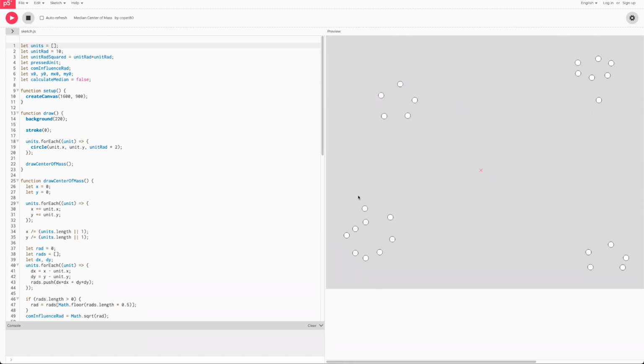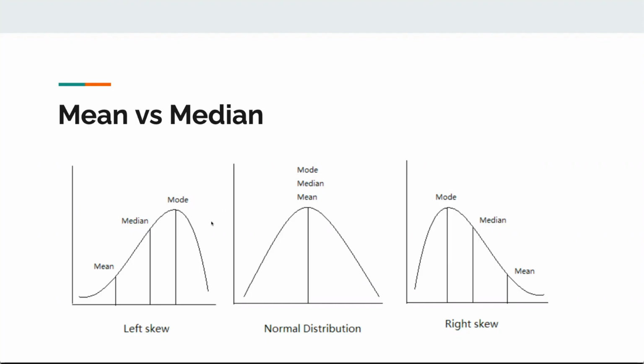So in this proof of concept, what I'm trying to see is if changing the mean operation to median would actually stabilize the center of mass calculation. If the mean looks at the average of values, the median looks at the center of the distribution. So for example, in a normal distribution, where the values are symmetrical, so the left and right are roughly similar, they don't show any difference. Both the mean and the median are pointing at the middle.